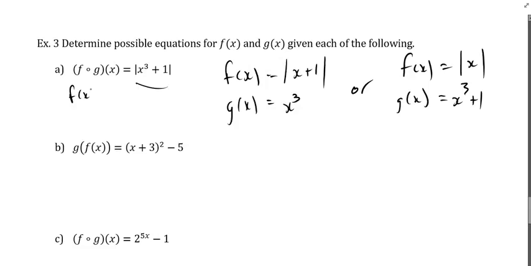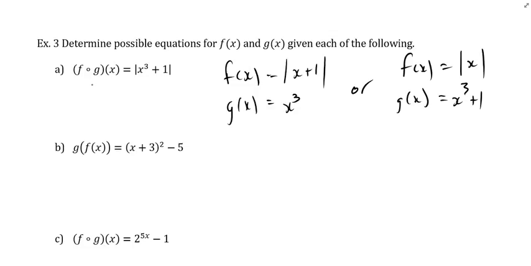F at x equals x. G at x equals a function. But you can't just reuse the function, right? That would always work, obviously. But if there was a case where you could do that but make it a little bit more complicated, like if it was 3x or something, then you would get away with it. But you can't just use one of them. Can't be x. Okay, so